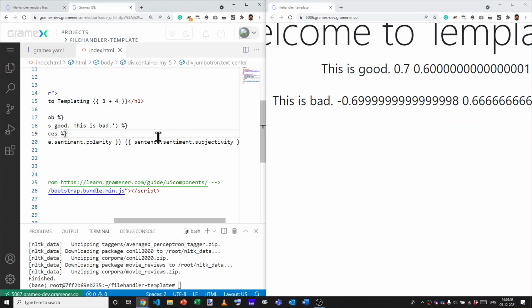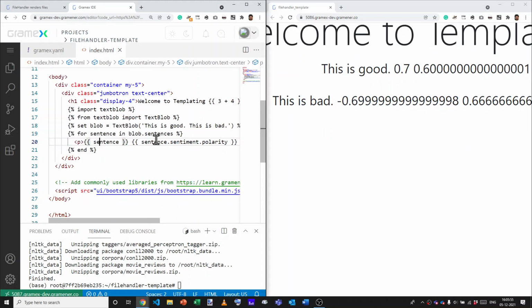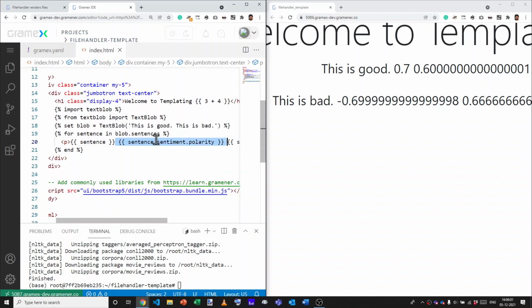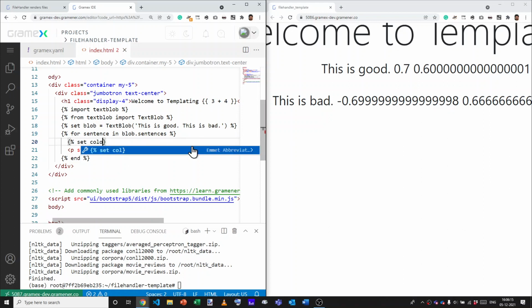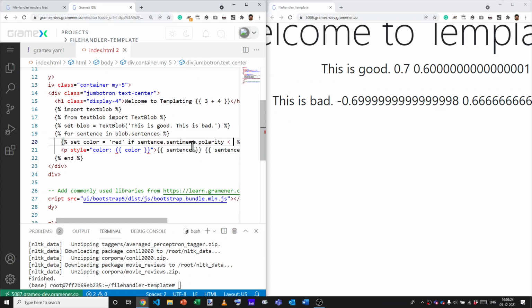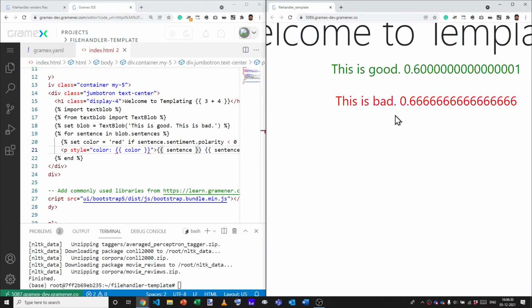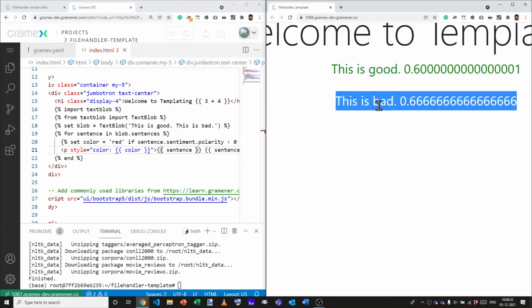Now let's display that in a slightly better way. What we'll do is make the sentence red if the polarity is negative. So I don't want to display the polarity. I'll instead put in a style with a color, and the color will be an expression. The color, let's call it color. And this we will define as color is equal to red if sentence.sentiment.polarity is negative, else make it green. With this, we have the sentence, this is good in green, this is bad in red, and we are also